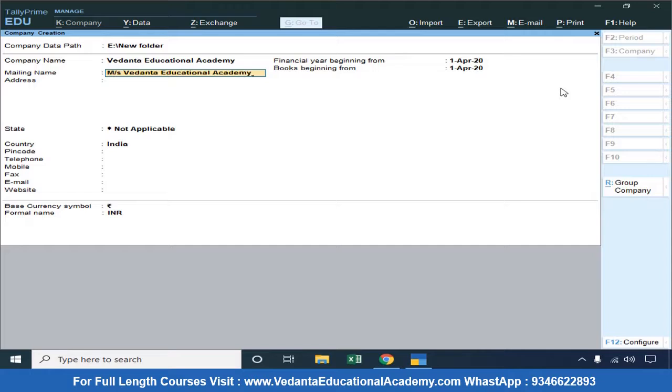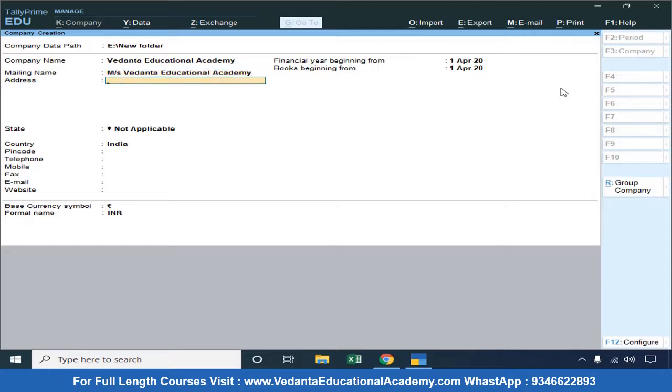So whenever I am working in Tally Prime, the company name will be displayed as only Vedanta Educational Academy. But if I open my balance sheet or my sales invoice, I can find the name as Messrs Vedanta Educational Academy.